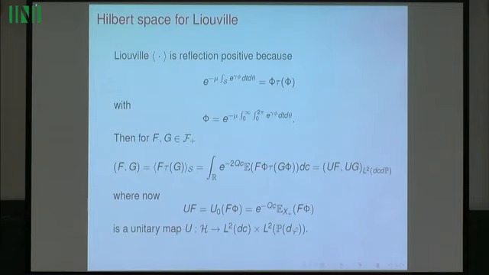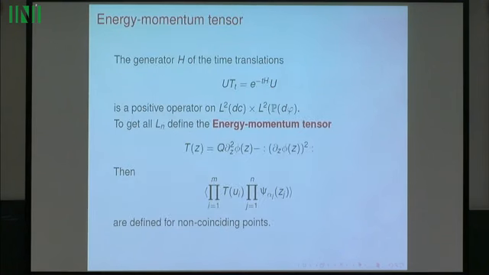And it's like in Gaussian free field, except that there is this dressing by this exponential of the Liouville term from 0 to infinity. Okay? So again, we can realize the Hilbert space of Liouville just the same as Gaussian free field in L2 of the constant mode and L2 of the free field on the circle. Only the map is very different. It has this very complicated dressing transformation. Okay, so it's the same Hilbert space.